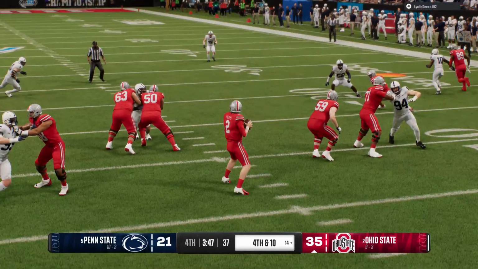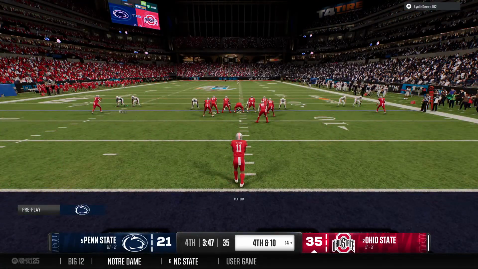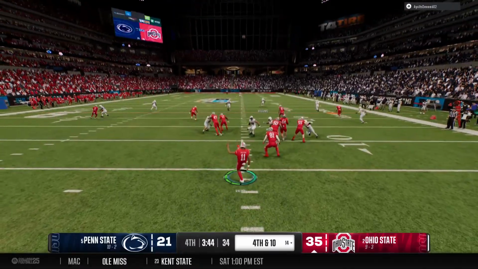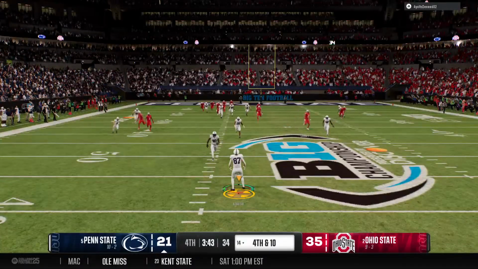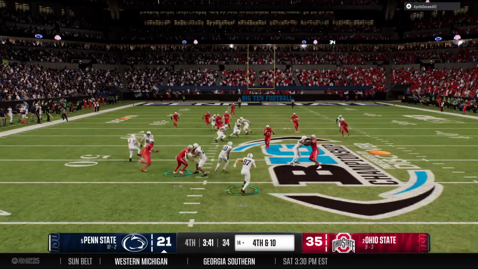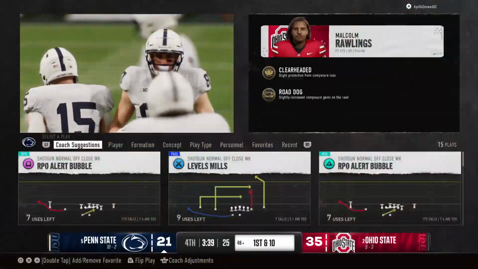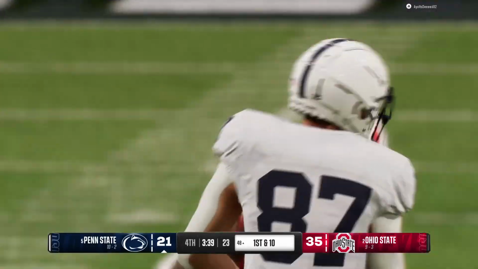Chris, I just don't know about this call. I like the aggressive approach, but at this point, late in the game, playing with the lead, 3rd down and long, maybe you run the ball. You know, work that clock. Continue to think about the big picture. Now you're facing 4th down and long, and I think you got to punt it away and hope the defense can secure a victory.